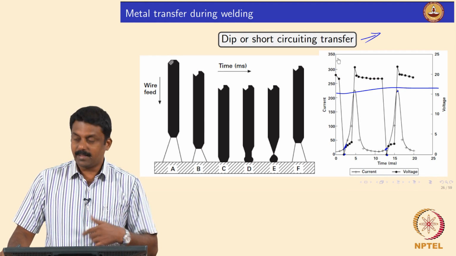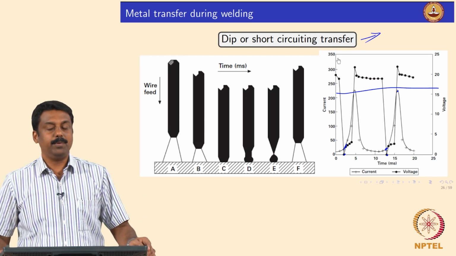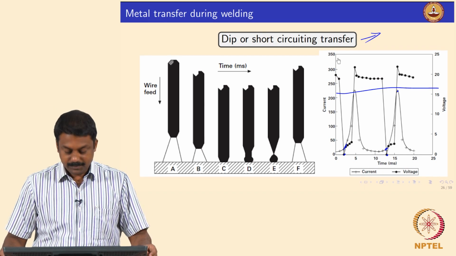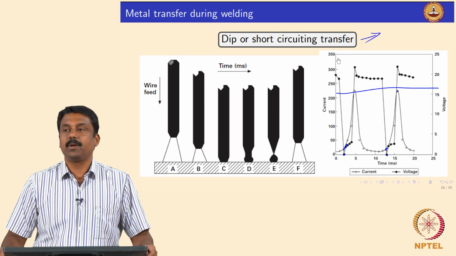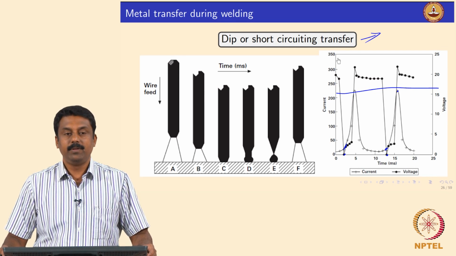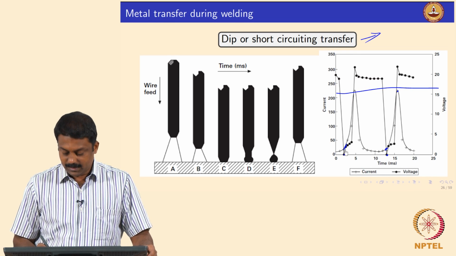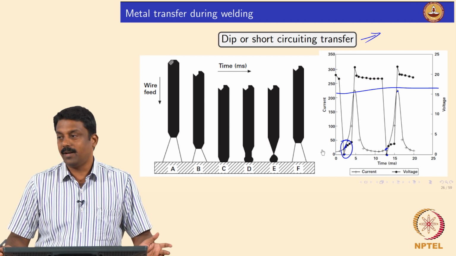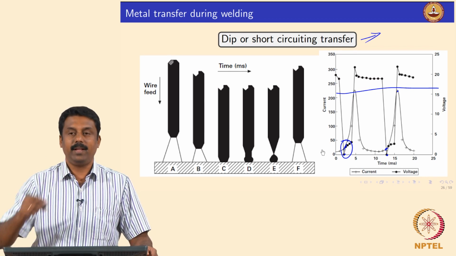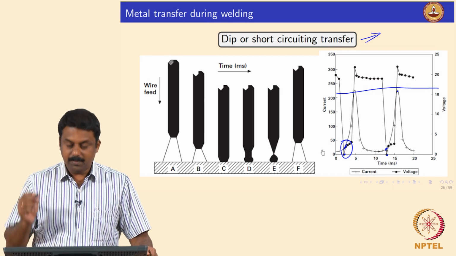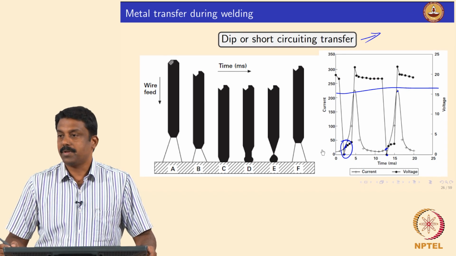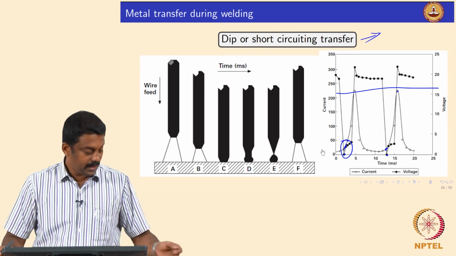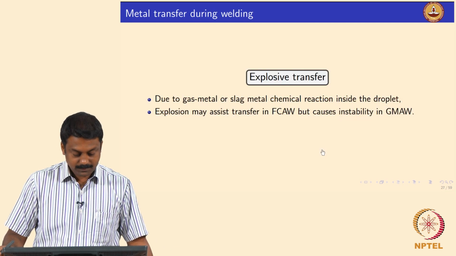We will see in some calculations, when looking at pulse GMAW, how short circuiting can be established after one time. It is clear, right, how you do the short circuiting transfer. The trickiest part is controlling current and voltage. The voltage is controlled by itself because of the short circuiting. The moment short circuiting happens, current should be minimized to avoid explosion. It is clear. Okay, we will move on.